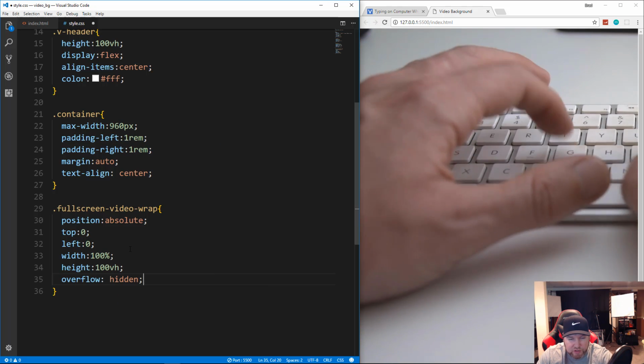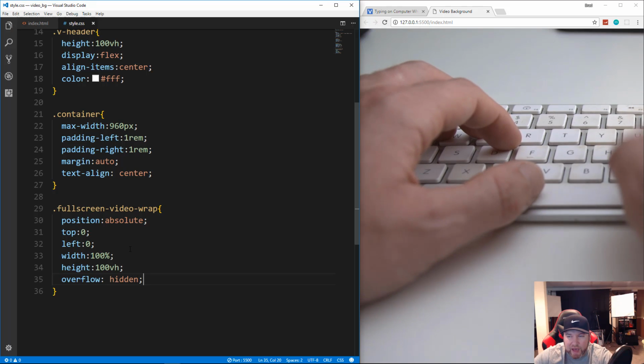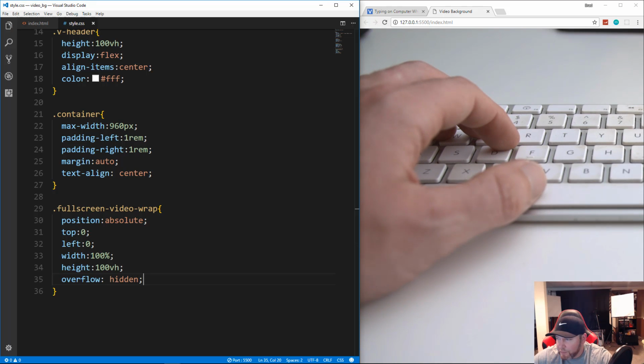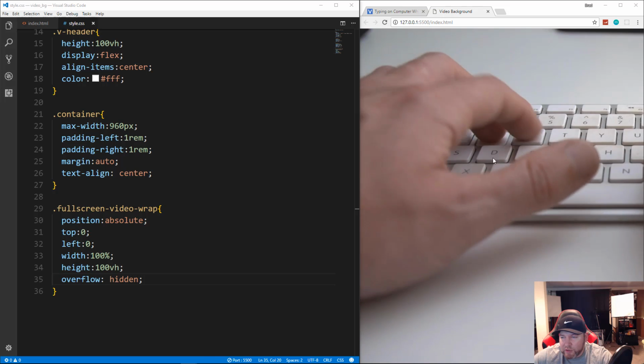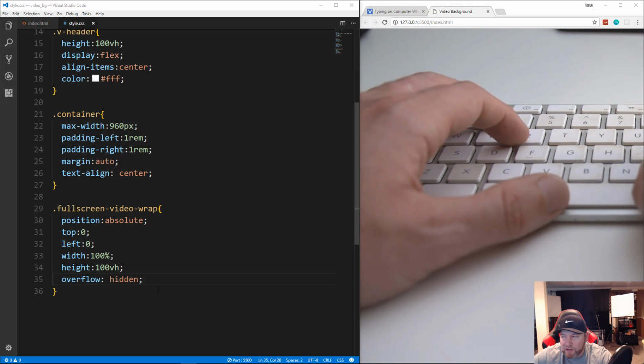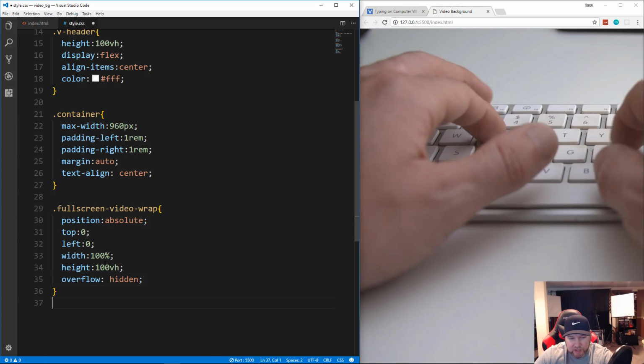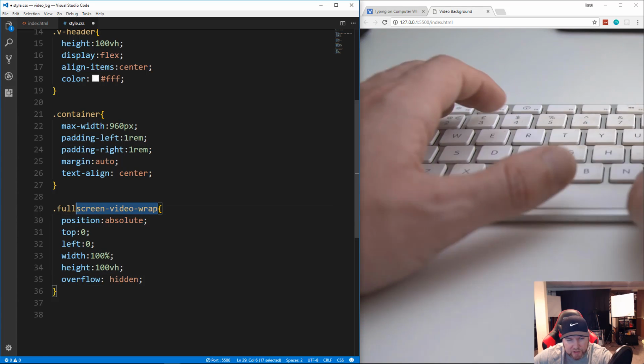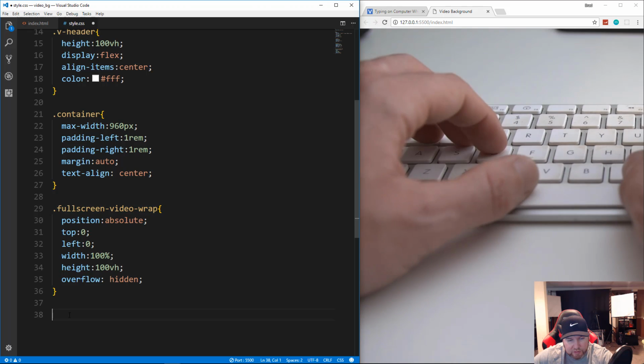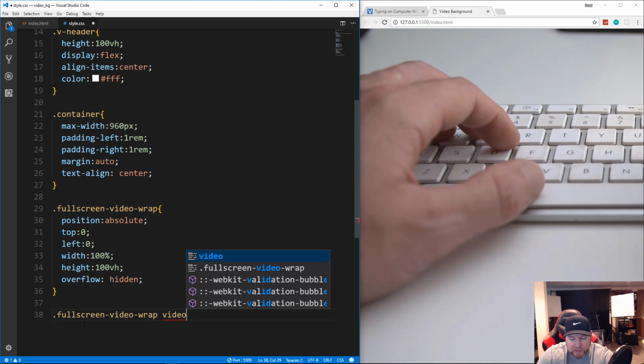Okay, we want to make sure that there's no scroll bars. So let's save that. And it doesn't look much different. All right, now for the video itself, we want to make sure that that is always 100% height and width. So let's say, actually I'll just copy this class here, and we want to say the video element inside of